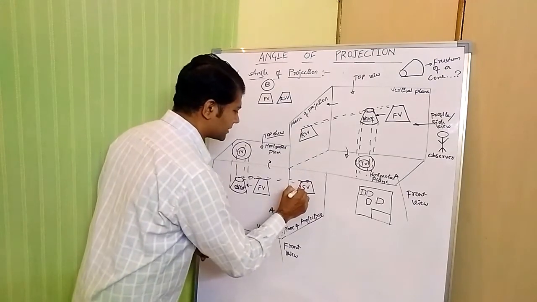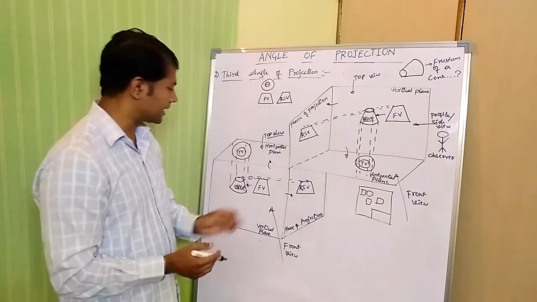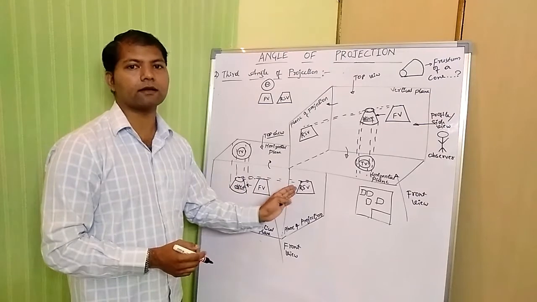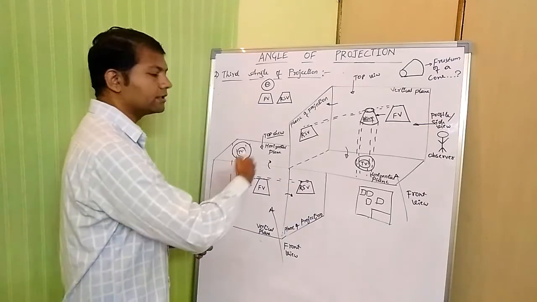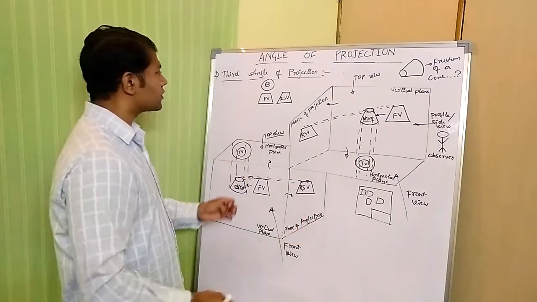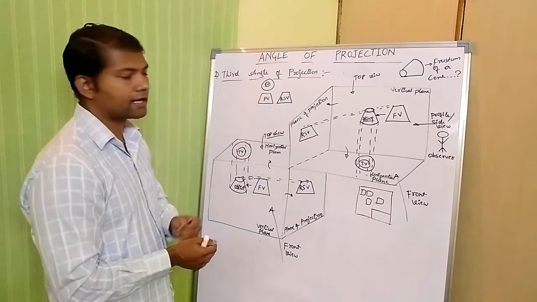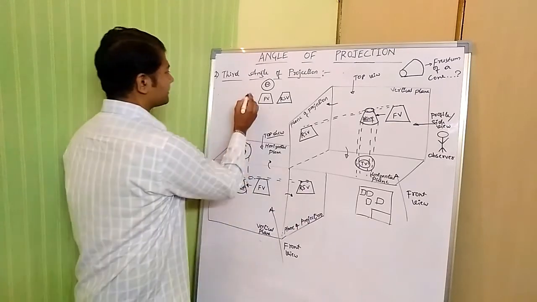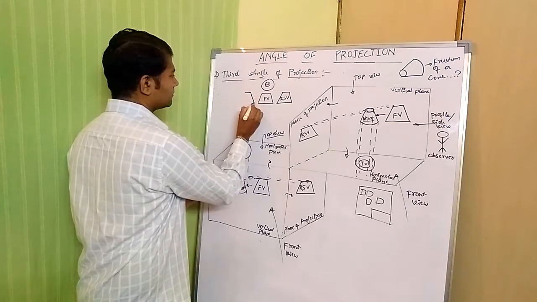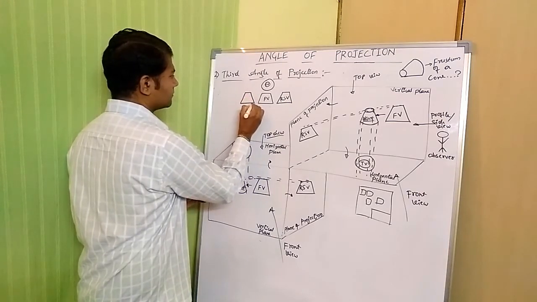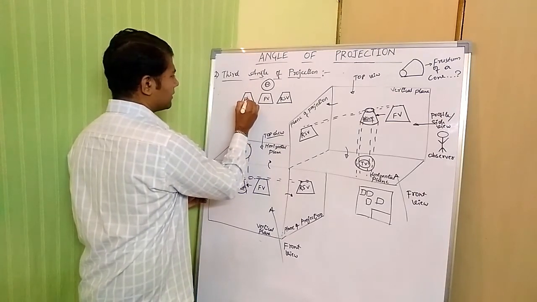Again here I consider this a right side view. The right side face is projected on a plane of projection. That's the right side view. We placed it on the right side only. So coming here, where is the left side view placed? The left side view will be placed on the left side only. So this is the left side view.